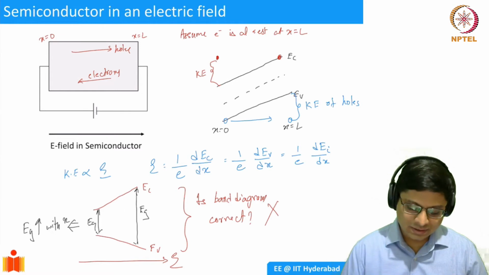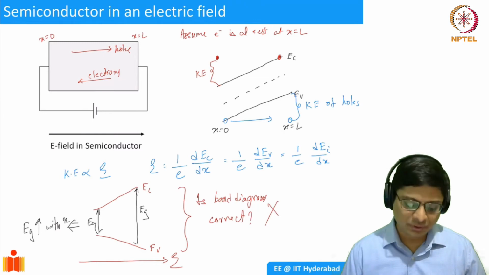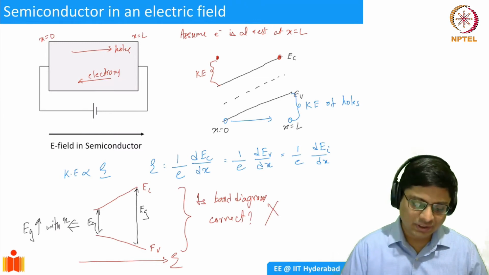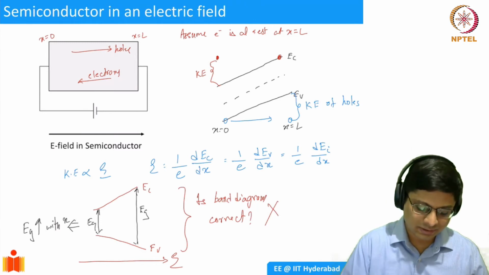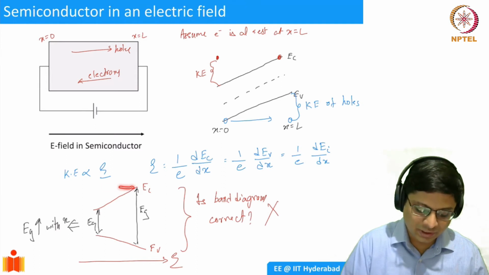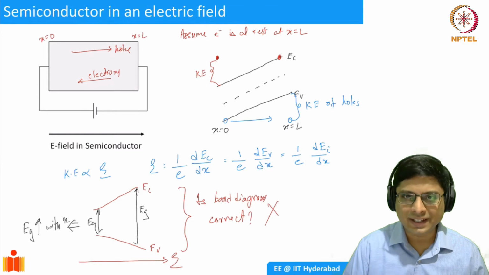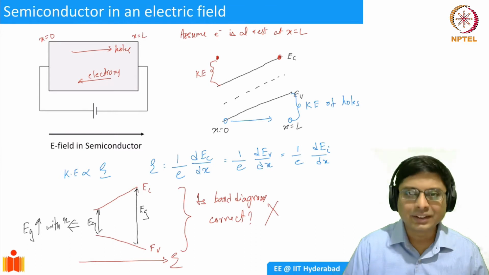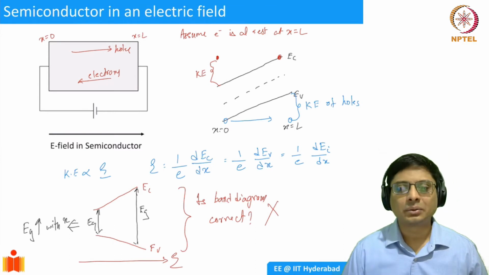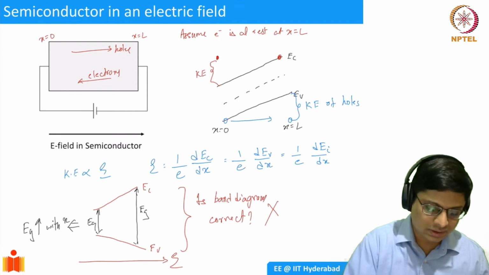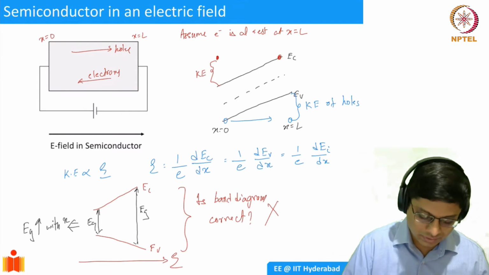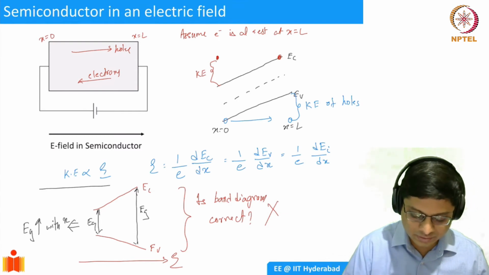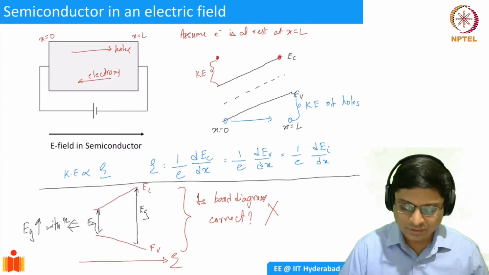Okay? And even from the energy arguments, you could say that, because as the electron is traveling here, if I apply this, the kinetic energy of the electron is increasing, whereas what happens to the hole? The kinetic energy is actually not increasing, right? So that is again a wrong argument. So essentially, if you come across this sort of a picture, this is one way of sanity checking.